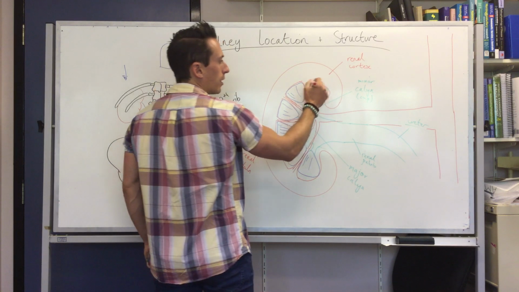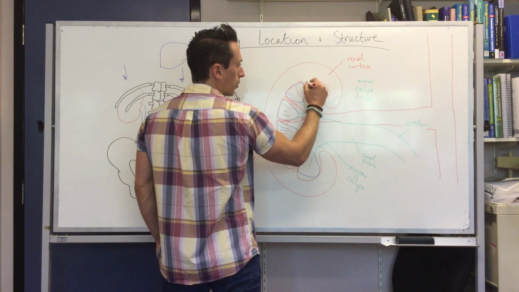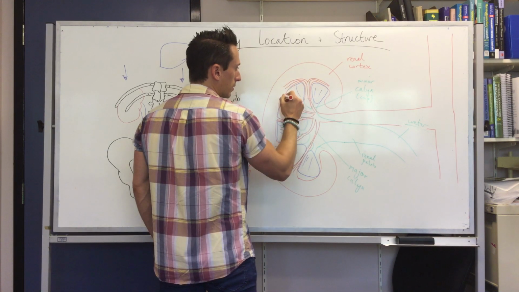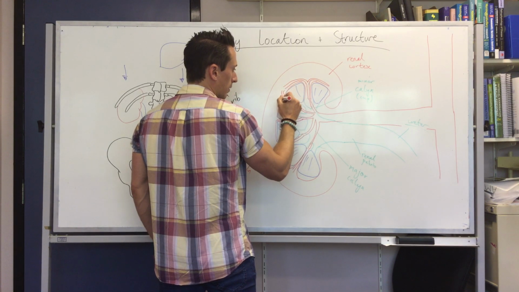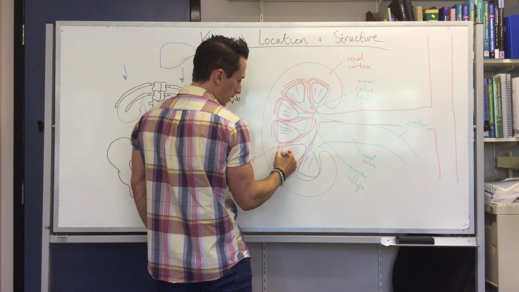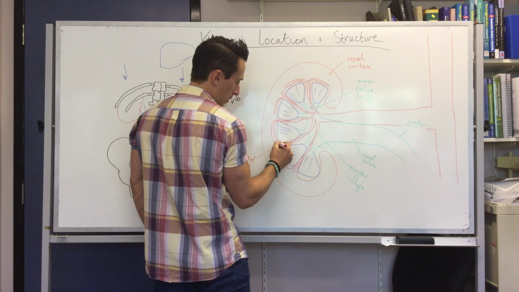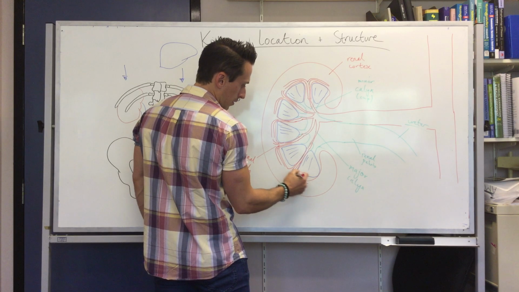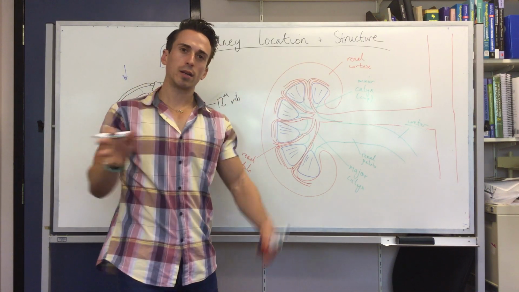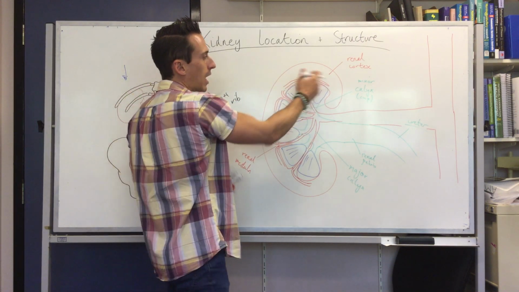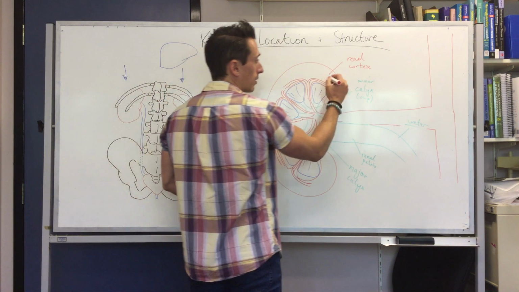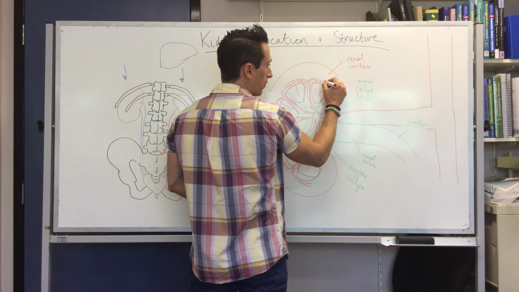And what do they do? They turn the corner like this, and they go around the renal pyramids. Now, when you take that corner, it's called an arcuate, okay? A turn, an arcuate. So these are arcuate arteries. Now these arcuate arteries have other branches that come off them